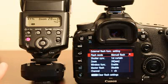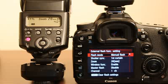It won't work in terms of controlling the power output, what mode the flash is in, or the zoom of the flash head with the older generation EX series flashes. I'm assuming it's the same for the 550, the 580EX as well, and possibly some of the other third-party flashes that support the Canon TTL system in the earlier generation. So you do need to have a second generation speedlight to gain access to all the features